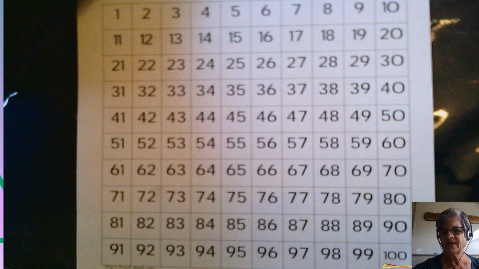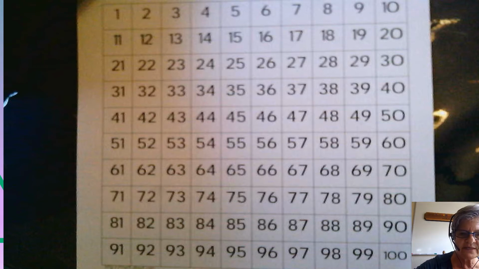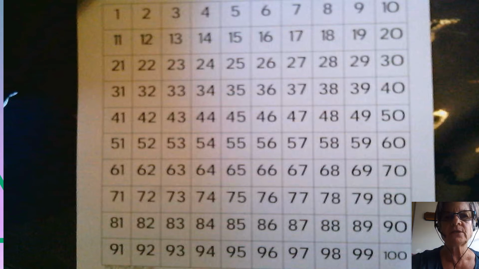Remember, when we count by fives, we have to count a few more numbers. Oops, let's see if I can erase that. And yep, very good. Okay, we're going to count by fives. Ready? Point to the 5, and let's begin. We're going to go 5, 10, 15, 20,